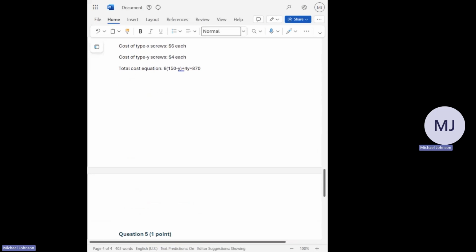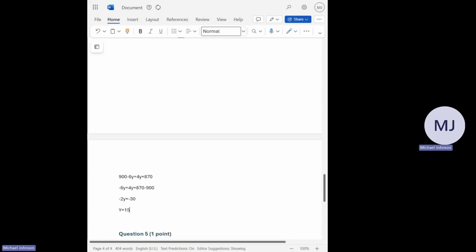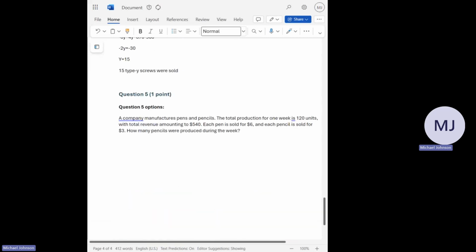So simplify, bring the 6 in, 6 times 150 is 900. 6 times negative Y is negative 6Y, plus 4Y equals 870. And then bring all the numbers to one side, all the letters to one side, so negative 6Y plus 4Y equals 870 minus 900, and then you get negative 2Y equals negative 30, then Y is 15. So 15 type Y screws were sold. So you do that,